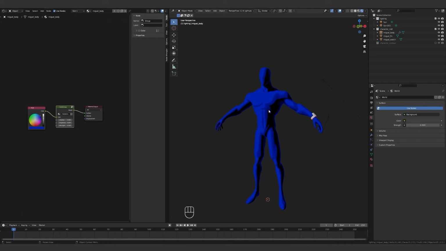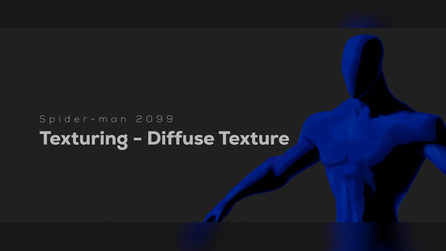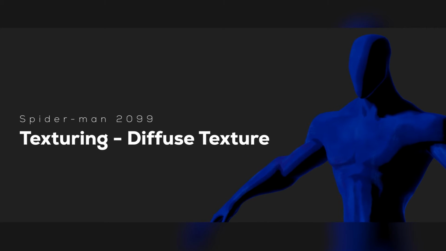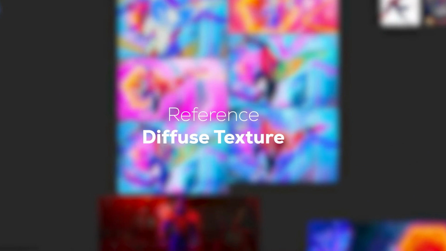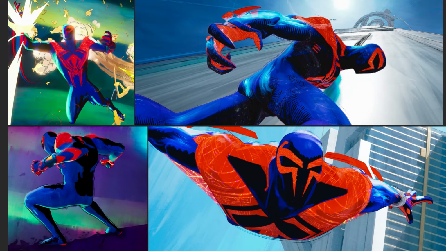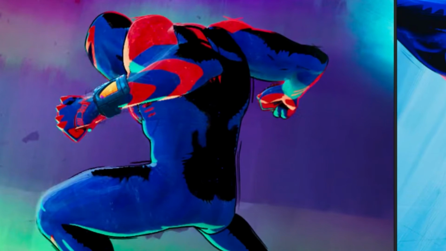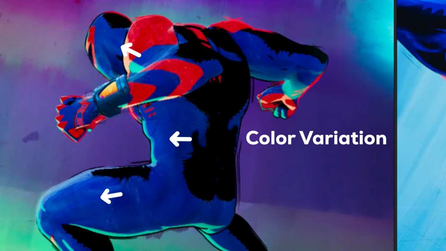Okay guys, that's the final touch for the diffuse shader. Now let's move into the next section, which is the diffuse texture. Before we start creating our texture in Substance Painter, let's have a look at how the Spider-Man suit color looks like in the movie. It appears that the suit has a vibrant blue base with a soft cloud-like brighter color